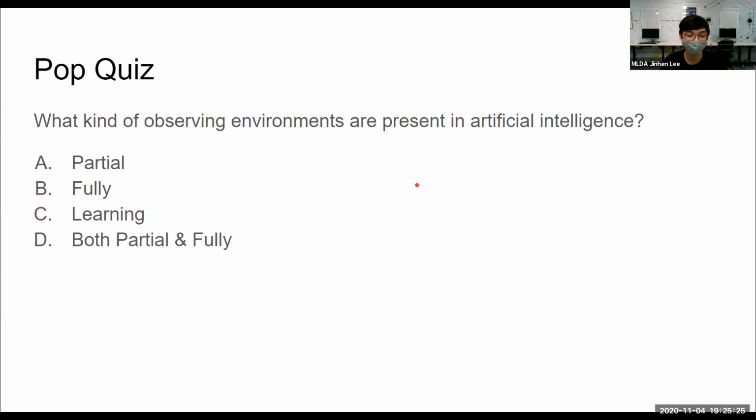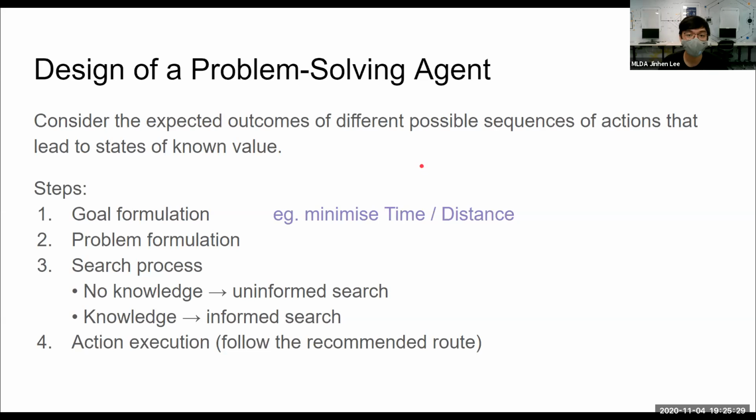Okay, I think I'll move on. No one. Okay, so we talked about the types of agents and the environment. So we now have to design how this agent actually solves the problem that we want. So earlier on I said we need to know the cost, whether the shortest path, maybe we try to minimize that. So we first need to do some steps.